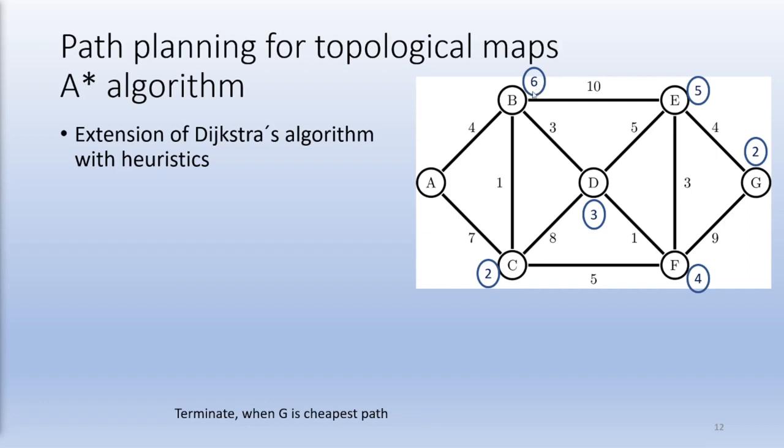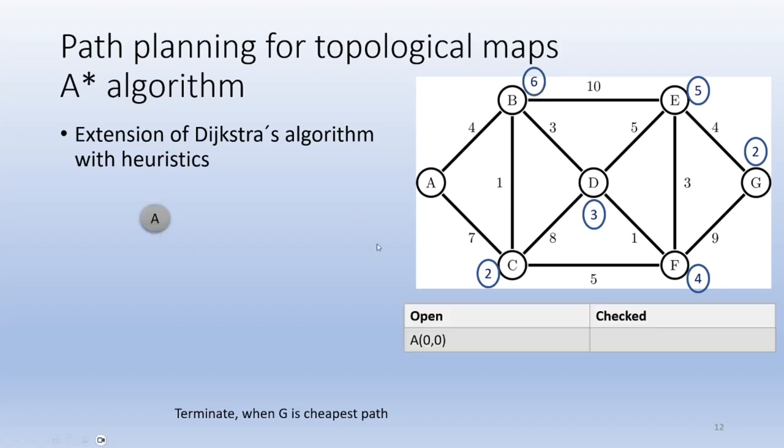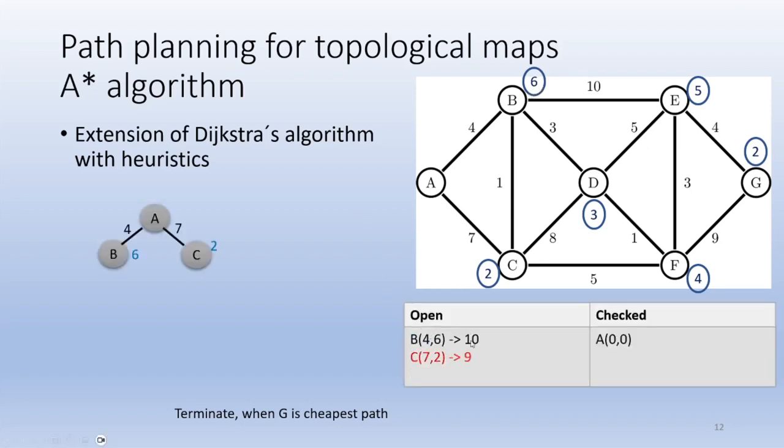Like the path is 4 kilometers long, but we know that we need to walk 6 kilometers to be there, because maybe it's not the straight way, or maybe it's some bushy terrain. So now we add up the heuristics with the given path length, and this is our new